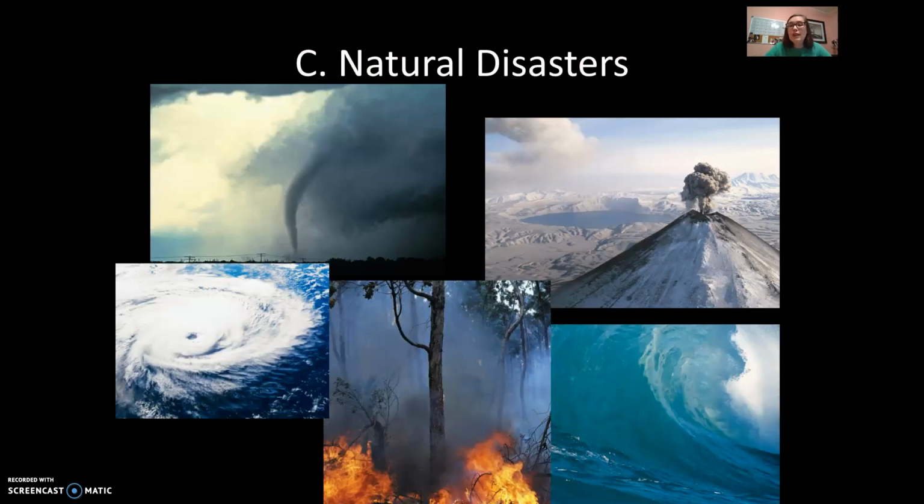Okay, the second thing that can affect biodiversity is natural disasters. Natural disasters, things like tornadoes, earthquakes, fires, hurricanes, tidal waves, things like that. If you think about the impact that has on the environment, if I've got a forest fire that starts up and burns through a forest, all the organisms that lived there are going to be impacted. That fire is going to end up killing plants as it goes. It's destroying homes of animals. So those animals either die in the fire or they have to leave and go find somewhere else to live. These types of natural disasters can wipe out species completely from an area,